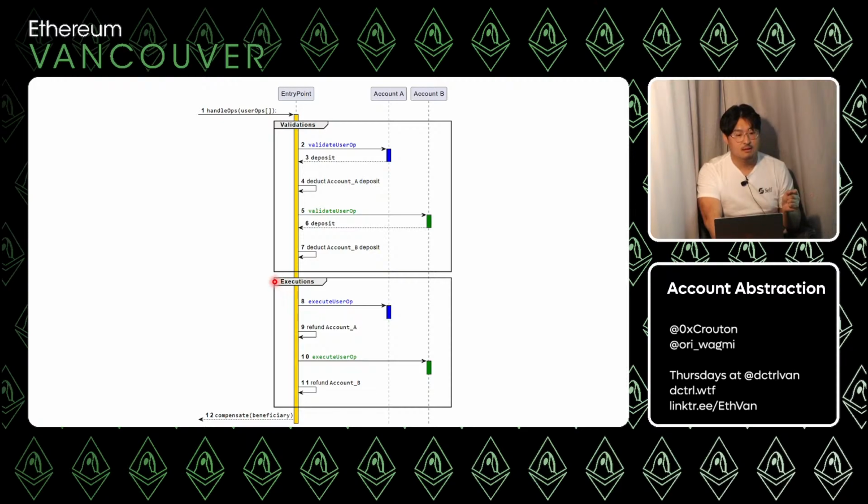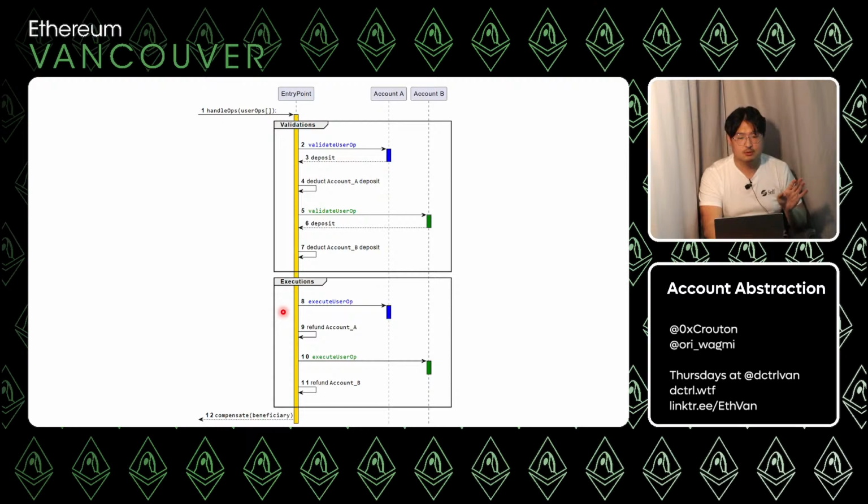So in this case, we're talking about depositing ETH. Yes. In theory it could be any token, if you have it set up so that the bundler is willing to accept ERC20s as gas payment. Maybe account A just sends USDC into the entry point, and then that gets deducted and sent over, right? But essentially, deposit is just taking ETH and getting it ready to be sent back to the bundler to pay for gas.